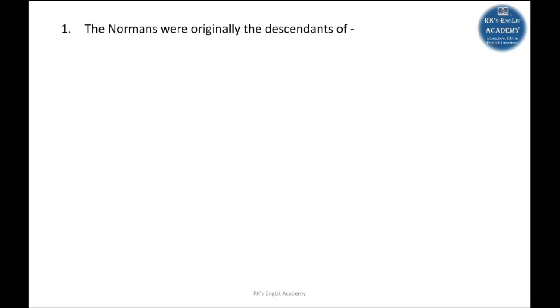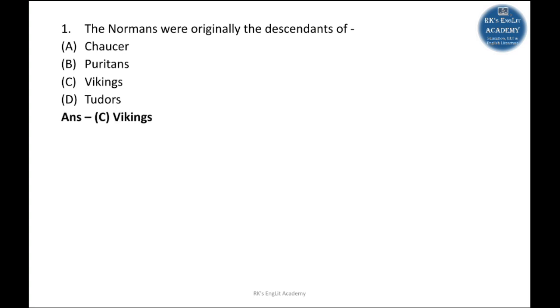Our first question is, the Normans were originally the descendants of, the options are Chaucer, Puritans, Vikings or Tudors. So we have to select one option. The right answer you have to select. The right answer is Vikings. Yes, friends. And some explanation regarding this answer is,